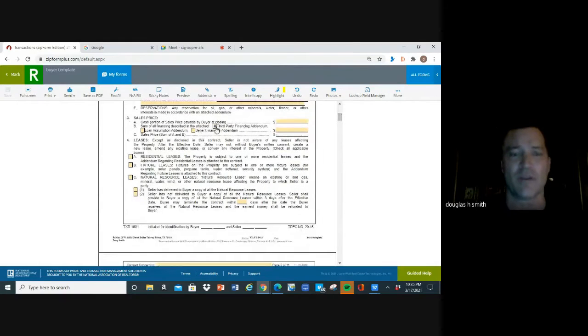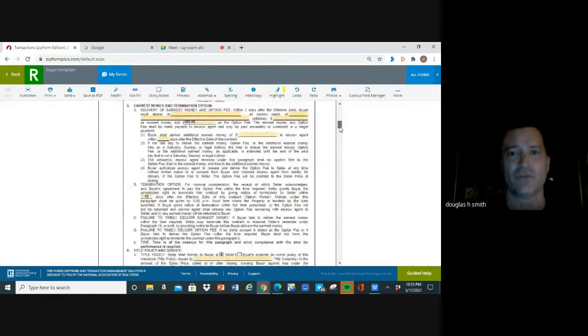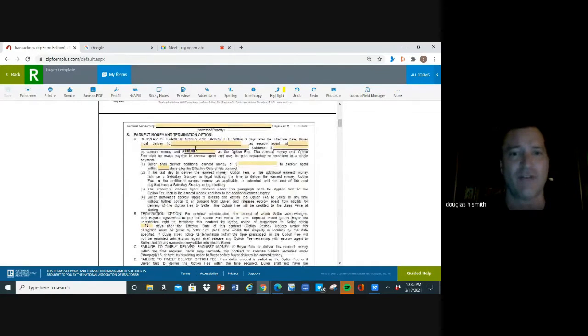You're going to mark third-party financing. You're going to go to page 2 at the top. Under paragraph 5 of page 2, you're going to see where it says earnest money must be delivered to, at, address, and then you see as earnest money, and you're going to put $100 as the option fee. So you're going to put $100 right there. You're going to scroll down,